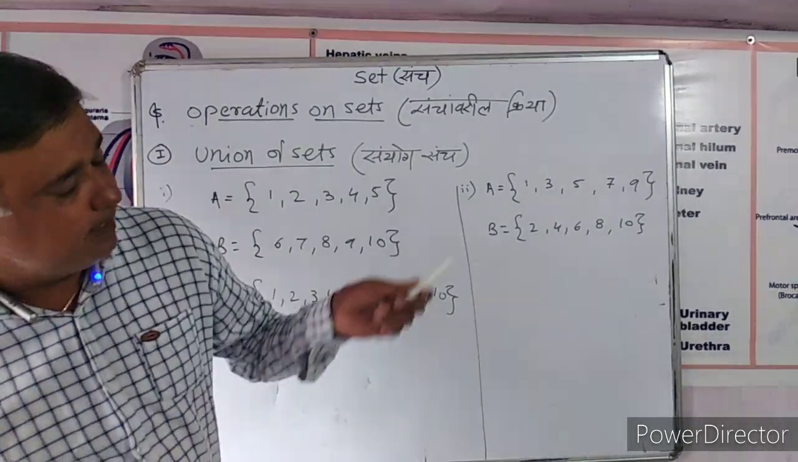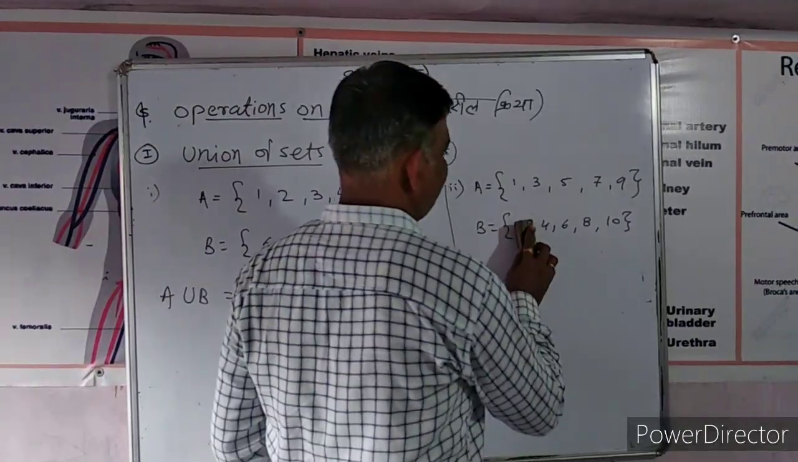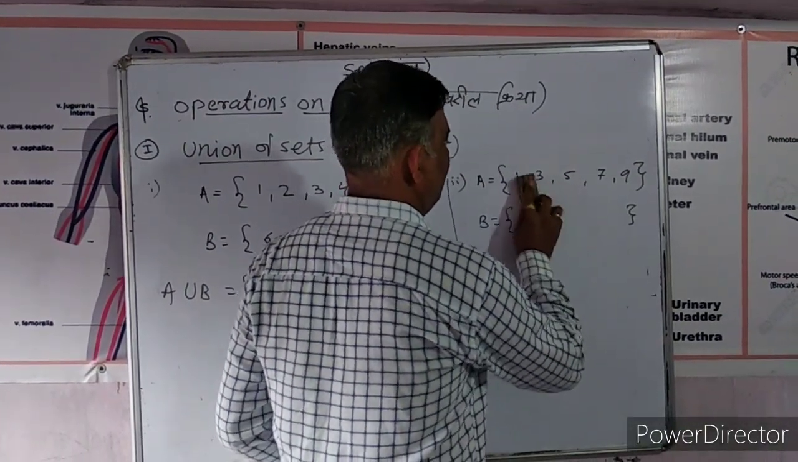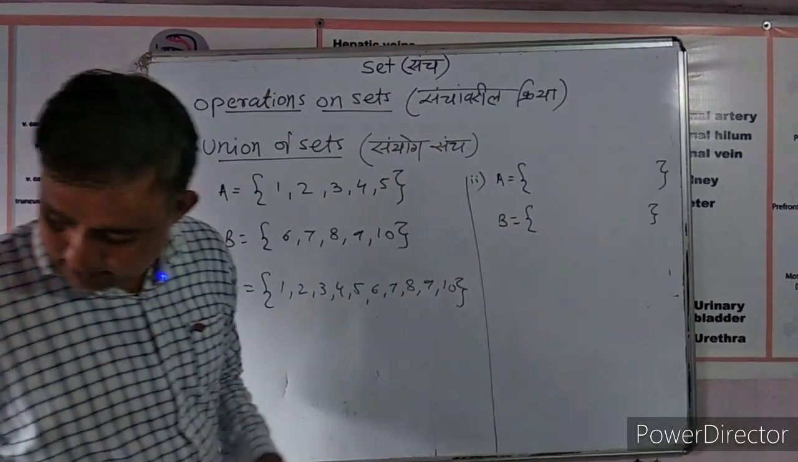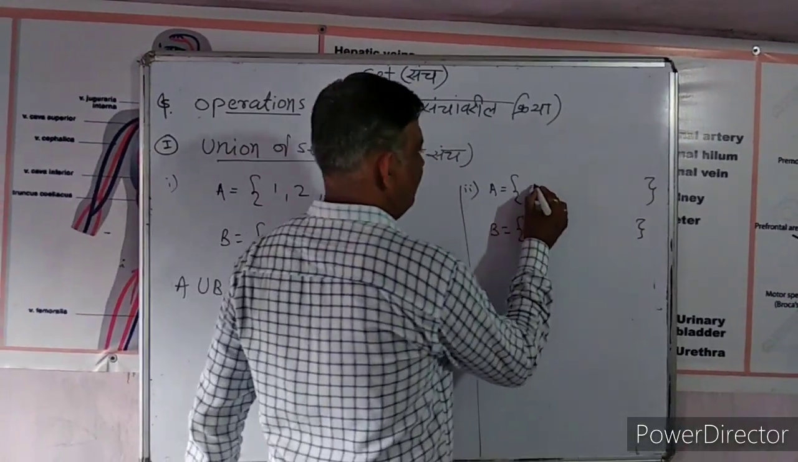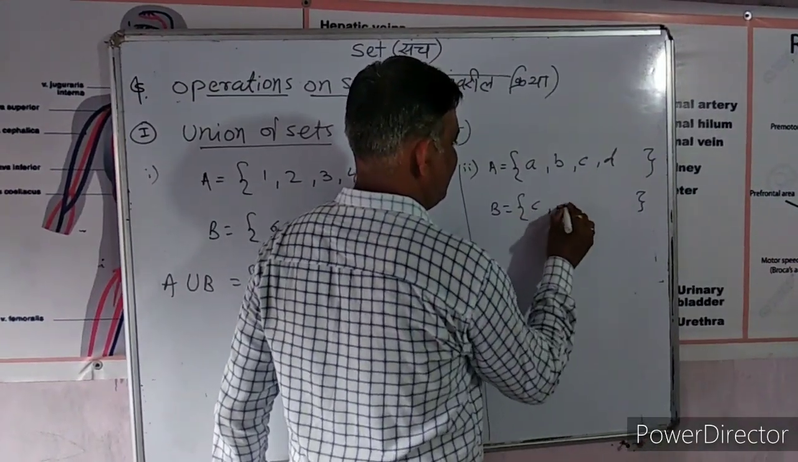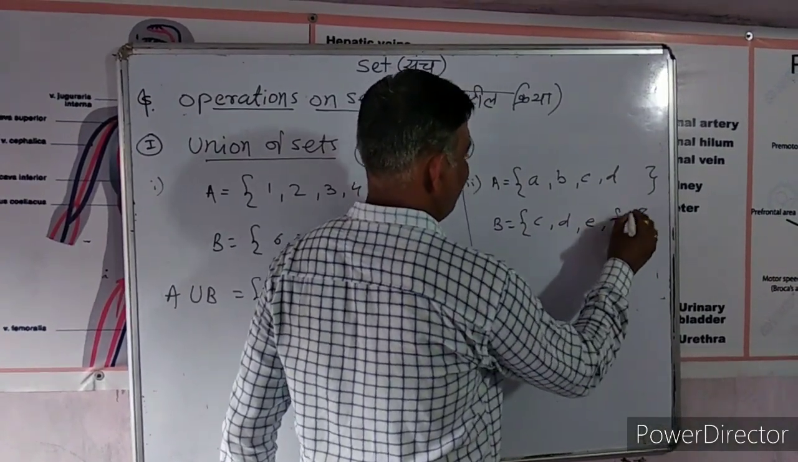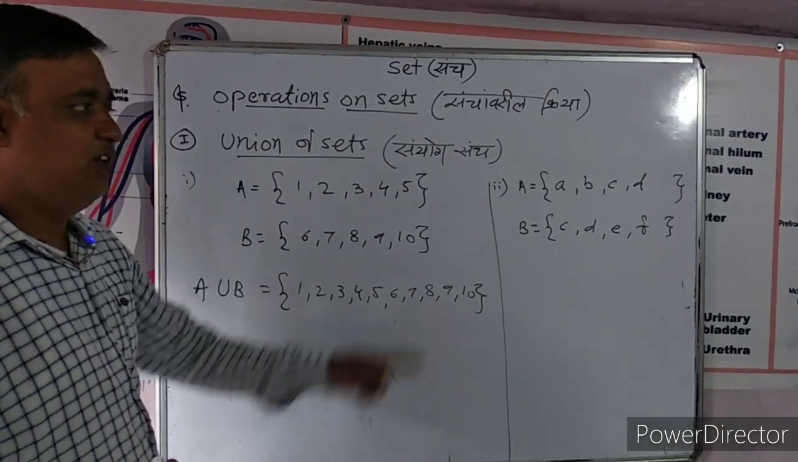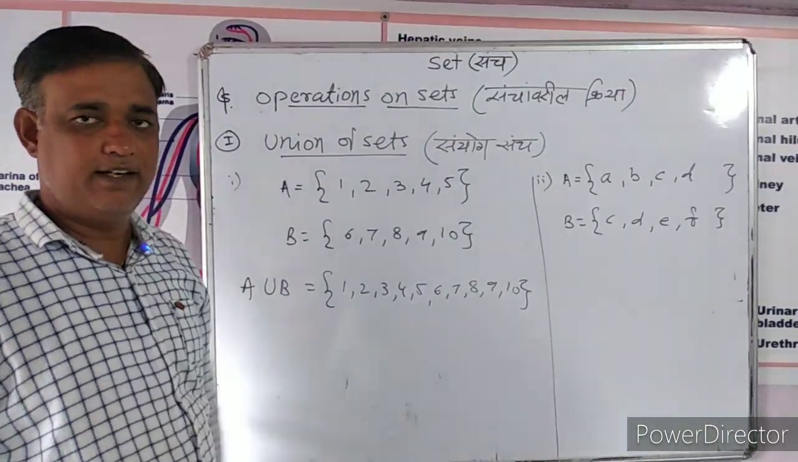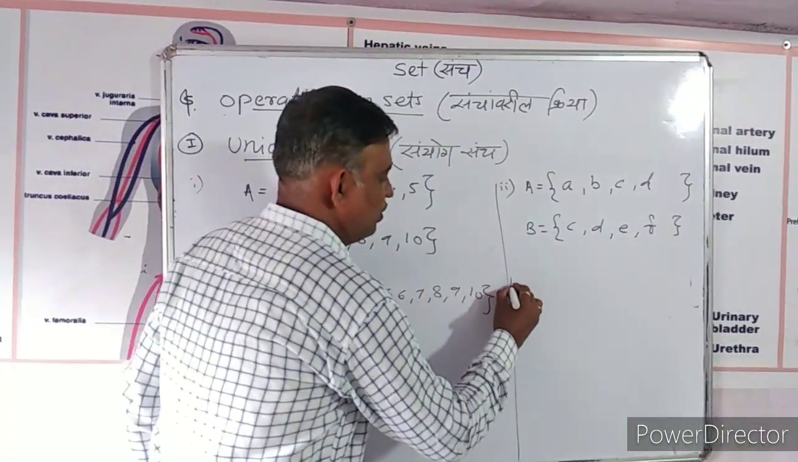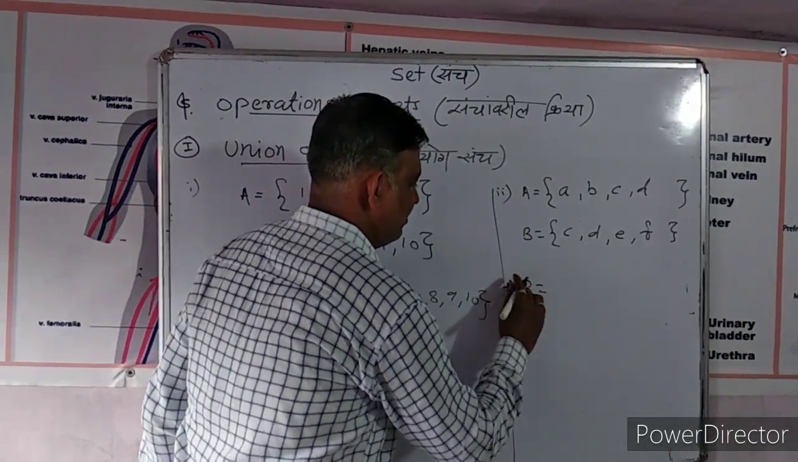Okay. But suppose here we write alphabets A, B, C, D and C, D, E, F. We have to write the union. We take a different example from this. So A union B is equal to